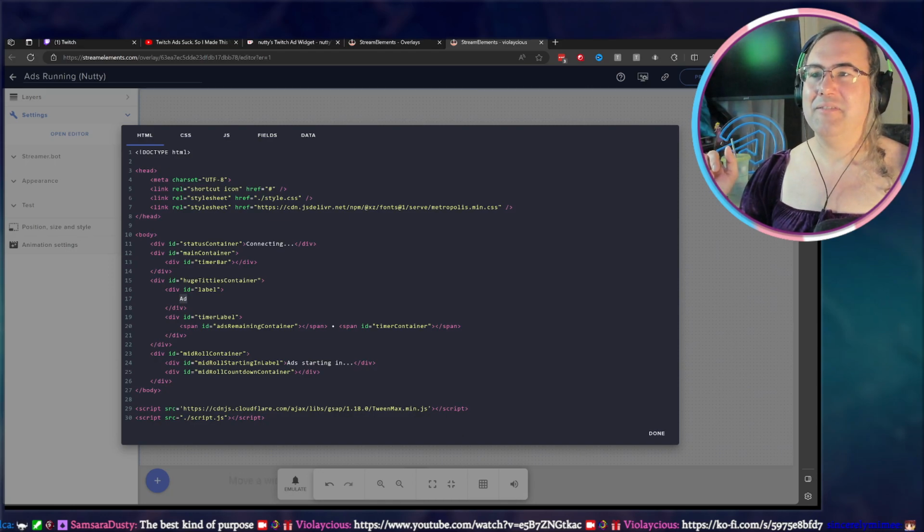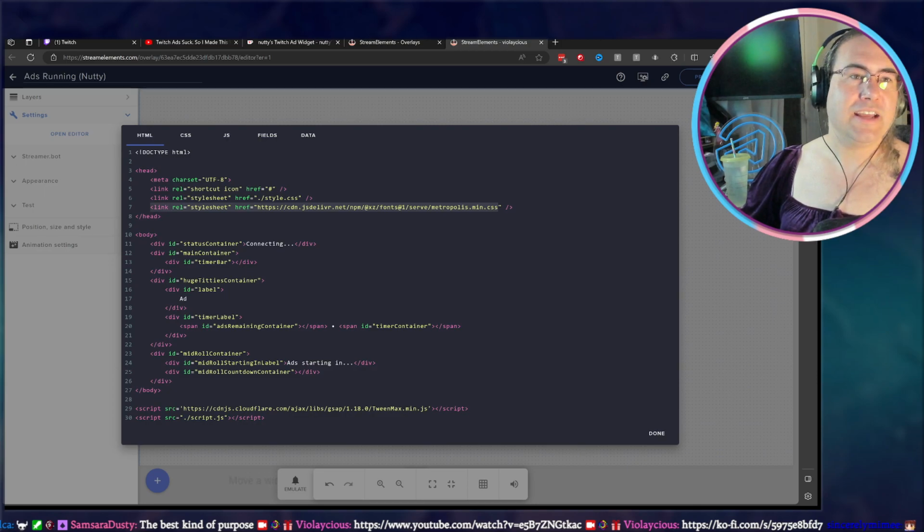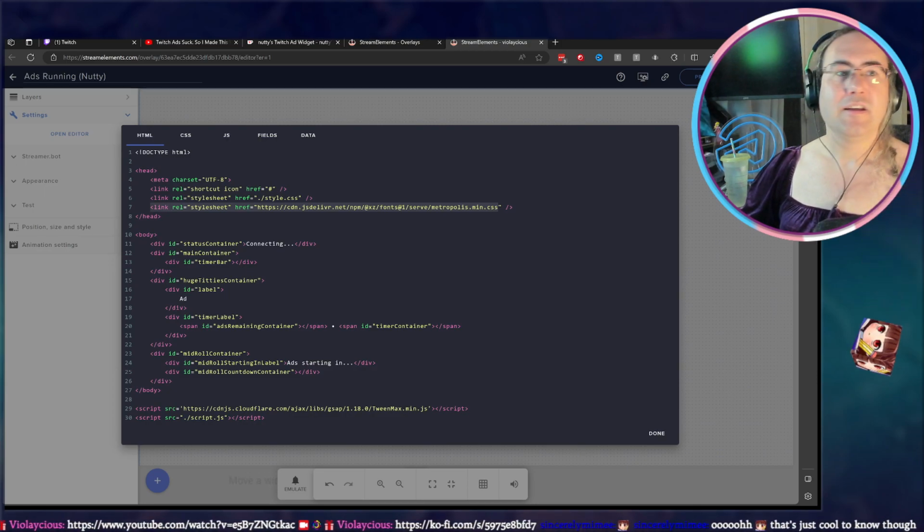Like I said, he does all of it. In case you want to know, the other pieces that he's using here are a specific font that is hosted in a content delivery network, the style sheet here, which is just a reference to this style.css that's connected to this file, and then down at the bottom are the 2 script files.